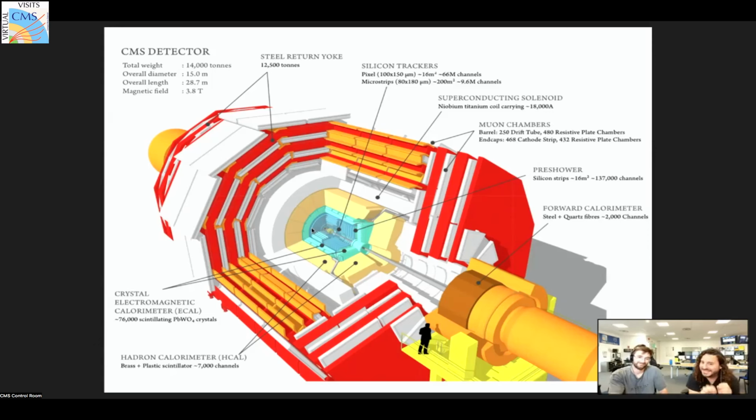And finally, the innermost layer, again very briefly, we can go into more detail, is our tracking detector, and it's made up of many, many layers of silicon sensors. These help us measure charged particles. We see a signal in each of these sensors, which is a bit like a camera sensor. And then we connect the dots to look at the trajectory of the charged particles. So that's the shortest I can make this.